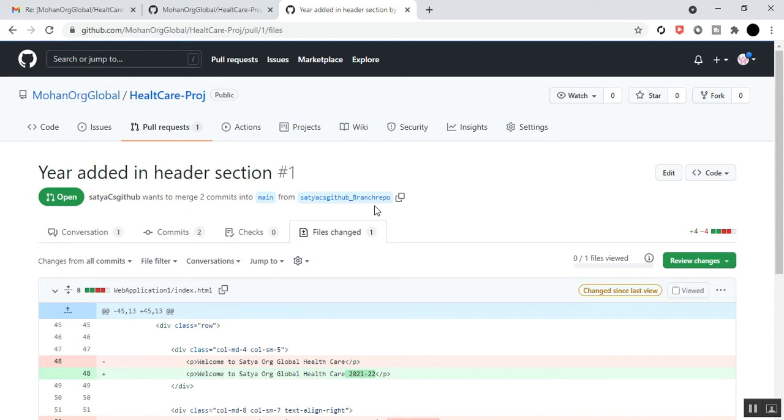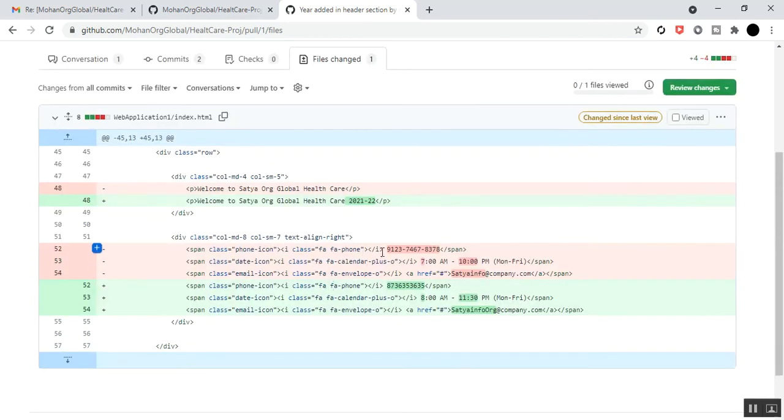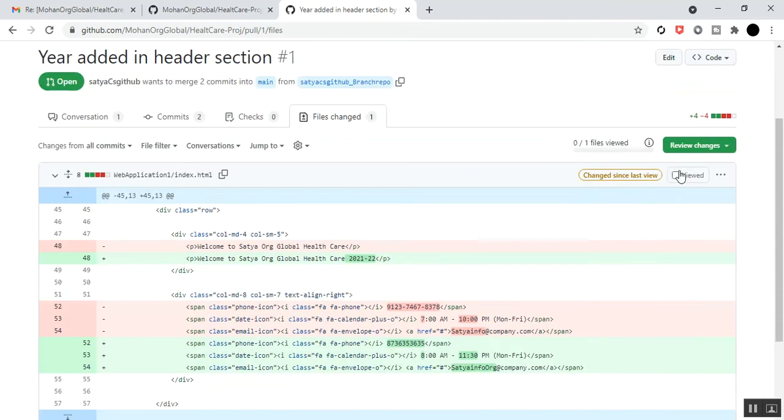This is the owner, and here the owner has seen that before there are some changes with pink mark. This is the old information, and these three things, mail ID, timing and the mobile number, have been added in the index.html file by the Satya CS GitHub member in the last videos, right? So these are the things the owner wants to review. So same thing, I just click here,